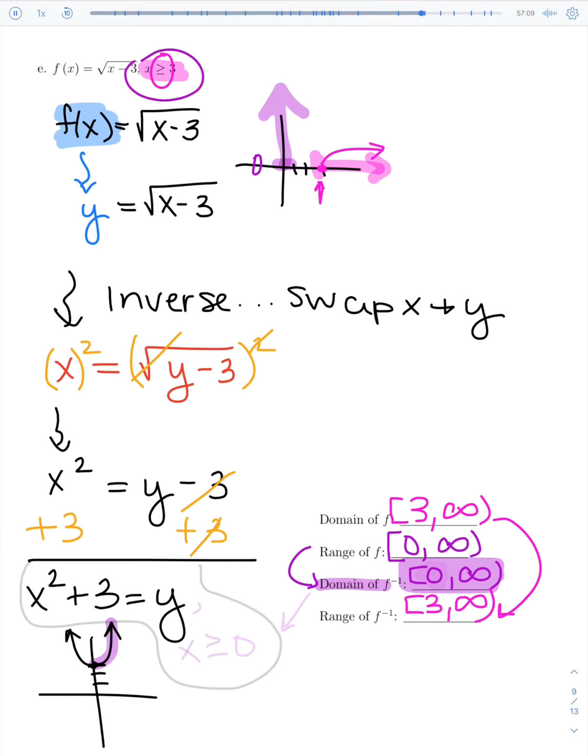So be careful. When you're limiting your domain or range on the original, you're most likely going to have to do that in your inverse as well. And it's a good idea to find your domain and range and swap them so that you already have the answer and you don't panic after the fact. But we're done. Now, what we're going to look at is how to